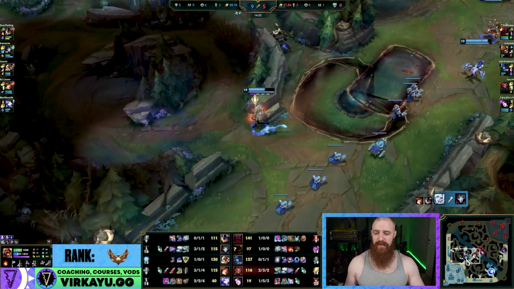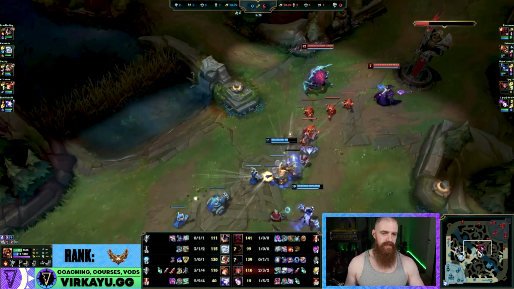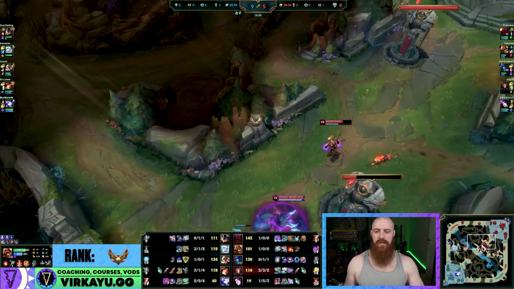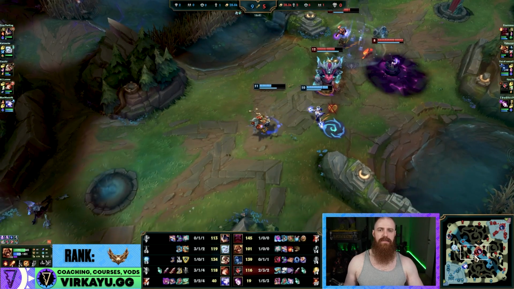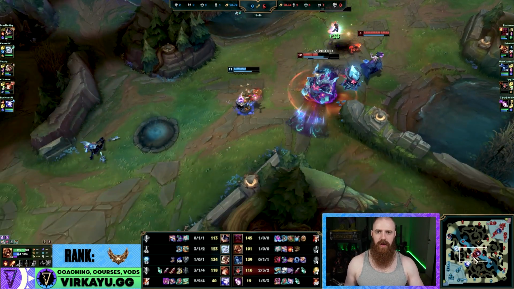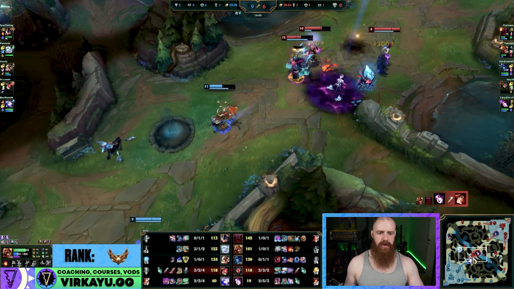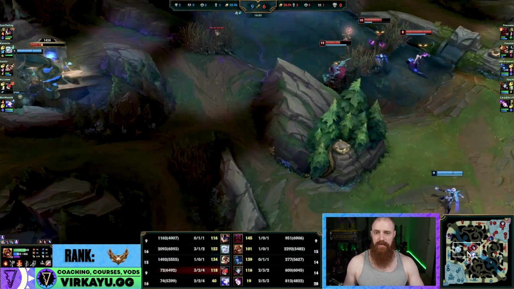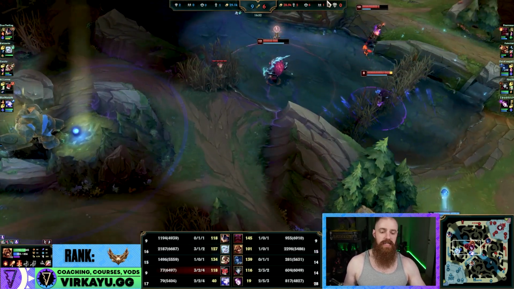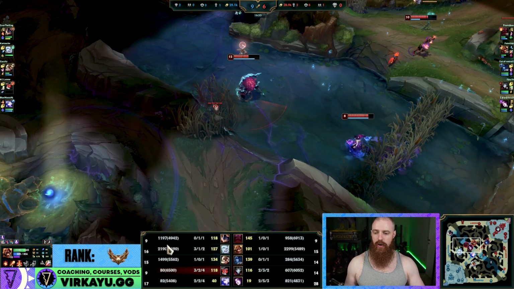Jhin now dies as well to the Viego, 3-1-2. Yeah, very interesting. But the Brand has done a solid job just catching up a little bit with the sequencing, which I, of course, value quite heavily. Here's Ornn. Ult coming up very, very shortly. There we go. Viego goes and farms again instead of handling his business mid lane. It's become a straight up stat checking fiesta, which is why at 40 minutes, you know, we look at our gold now, 6.6,